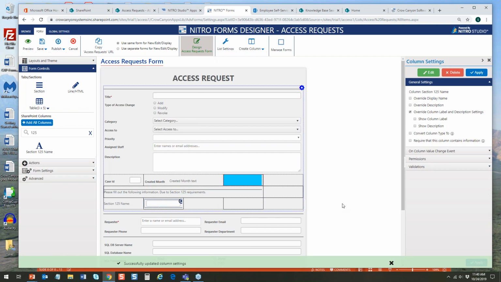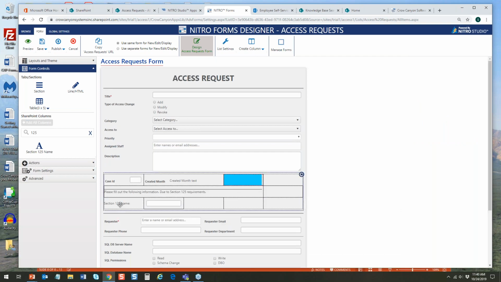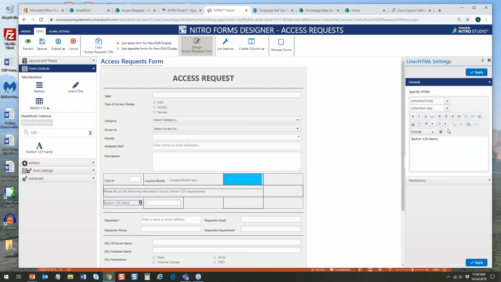So what you're doing here is saying, if you have the field name something, you can come in here and change this to something else. Maybe that's the section 125 name is the behind name, and this is some name that you want to give it for the user to put in. So even though the field is called section 125 name, the label can be something completely different, and it also can be bolded, and maybe you can even make it a different font, a little size if you want here,